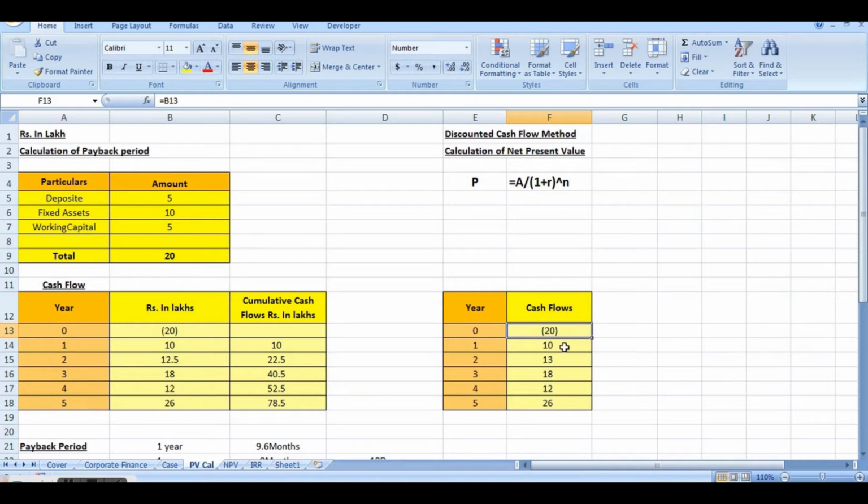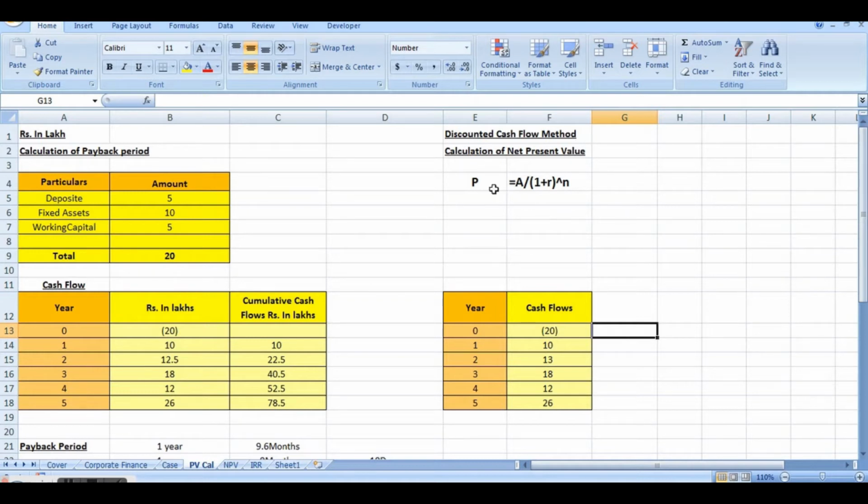Comparatively it is easier and logical to convert these future values into present value today. Why? Because the outflow is only in year 0. To which future year or future period would you convert it? 1, 2, 3 or 5, or any fraction, not known. So it is better to convert the future money that you will receive into today's value and then compare both, so that both values represent today's value, or what we call present value.